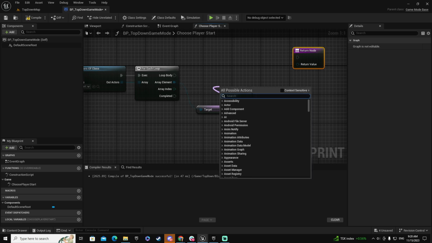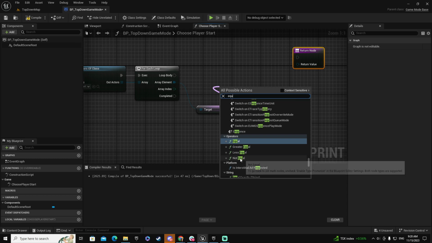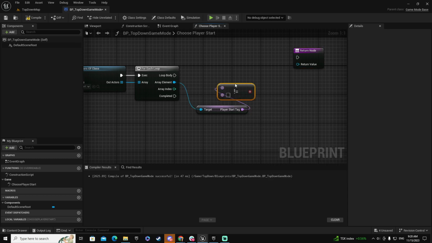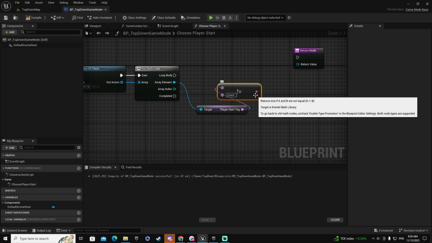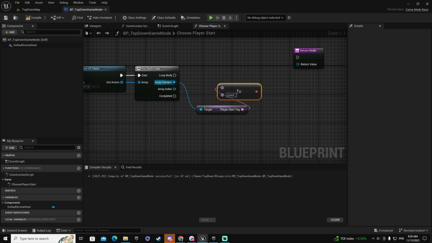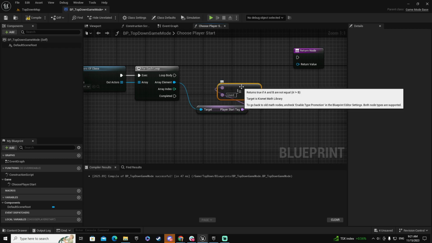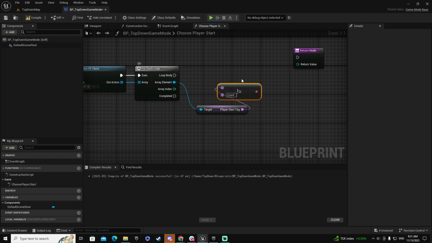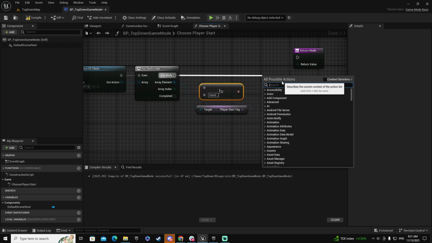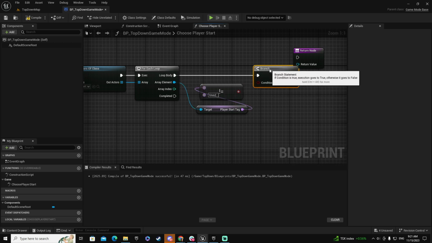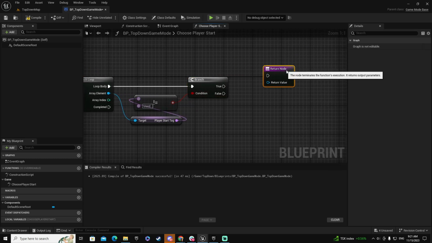I'm going to put this one. Let's put an equal. In fact, it's going to be the not equal. And I'm going to compare it with a tag that I'm going to add, which let's call it, in this case, the tag is used. So I am going to check if the particular start tag was already used. If it was not already used, and for that, I am going to use a branch. From this point, let me use a branch. If the result of this is that it is not used, so we set the condition here, and the result is true,